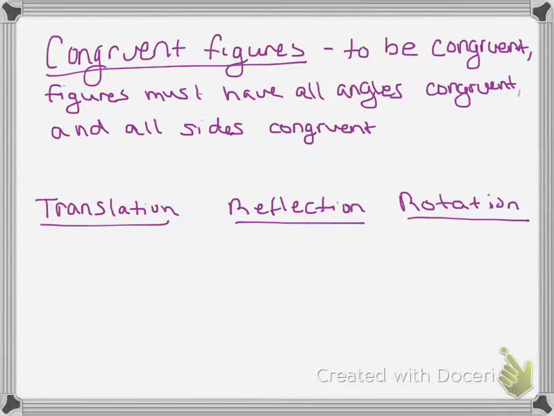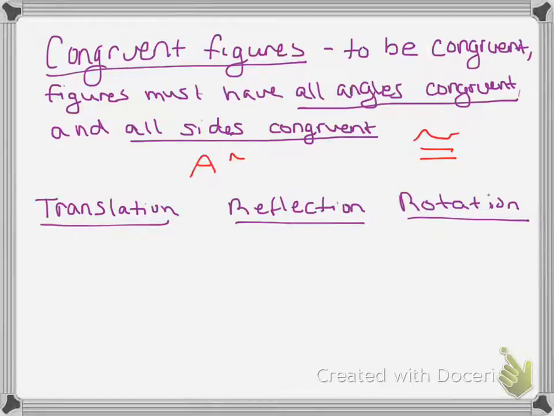So here is the exact definition for congruent figures. To be congruent, figures must have all angles congruent and all sides congruent. And remember, the word congruent means to be the same. The symbol for congruent is this: an equal sign with a squiggle above it. That is the sign for congruence. If you see that, as in saying A is congruent to B,